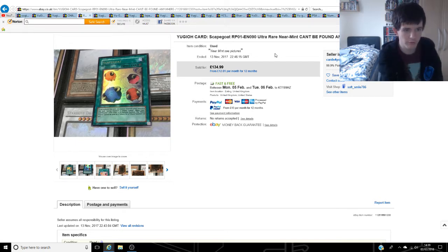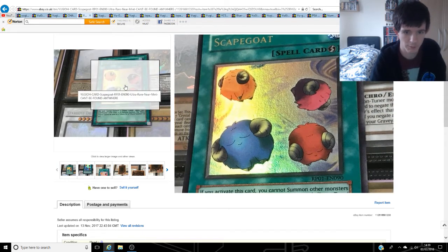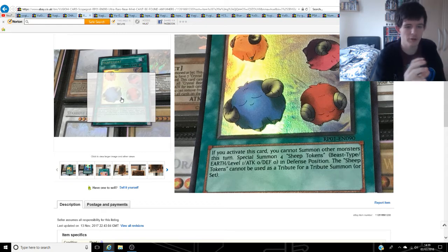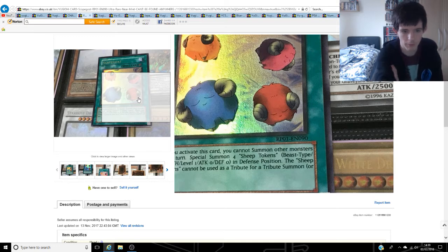Nope, I got £134 for it with fast and free shipping there for UK, which is good because some of these are worth that amount, over £100. For example, we've got the number there. Certain websites for Yu-Gi-Oh, you can put that number in